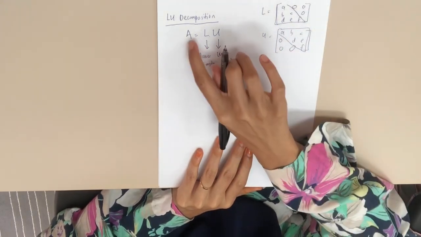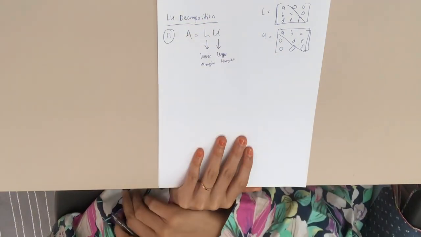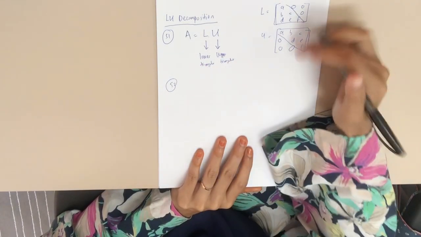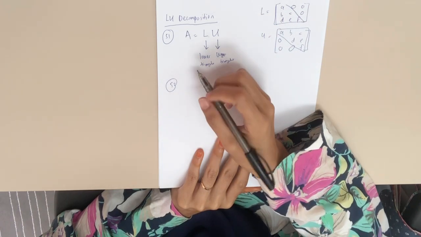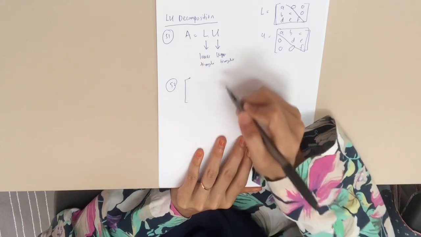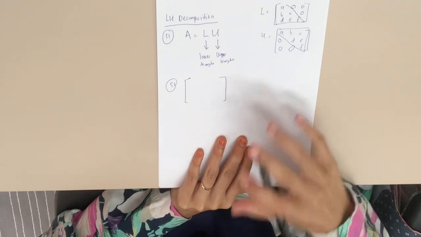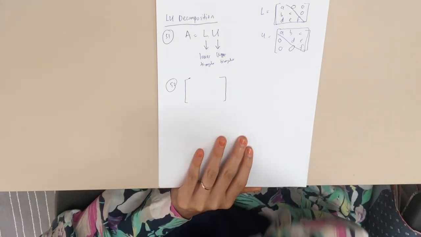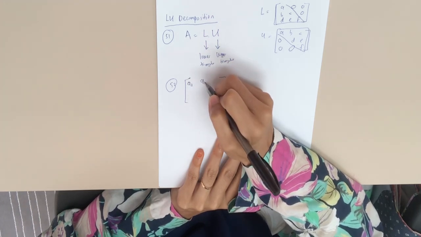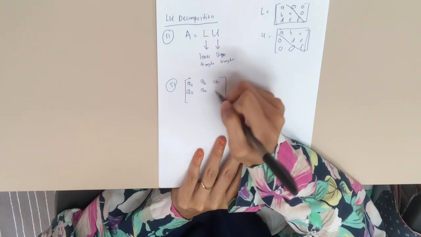Now the first step is you need to write A equal to LU. So this is the first step. Second step: this is the matrix LU, but for our LU decomposition, they have specific entries. For example, let's say I have a matrix A. I write the general one, just general, not numbers yet. So let's say the entries are A11, A12, A13, A21, A22, A23,